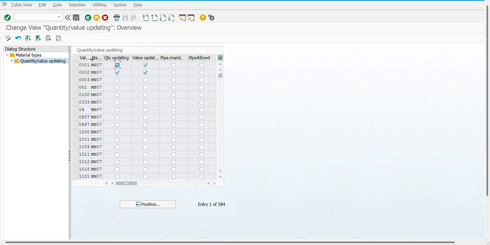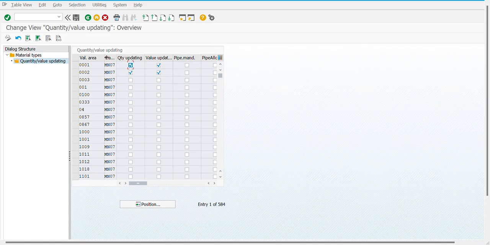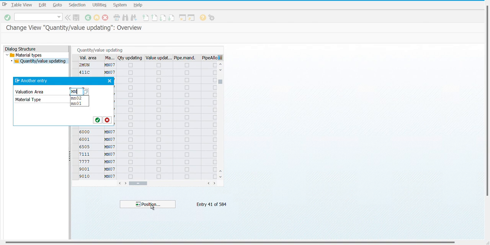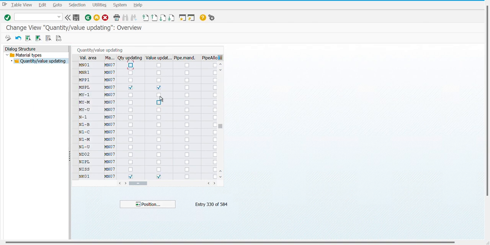So here, based upon our valuation area, the valuation area is nothing but a plant itself. Our valuation area is MN01. You can see, usually when we are creating a material type, make sure whatever plant you are using